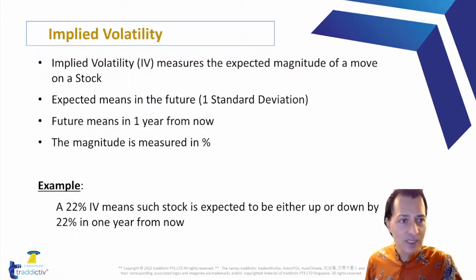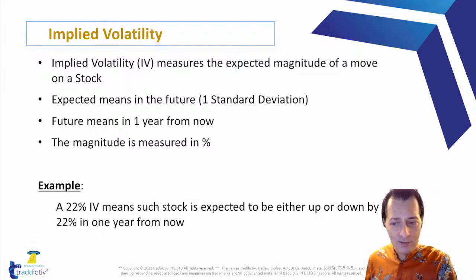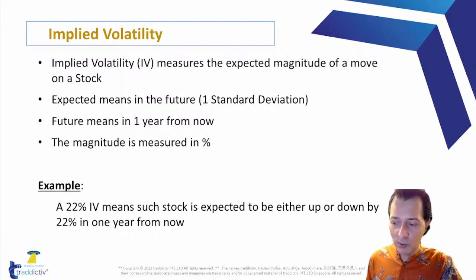Of course, then you can break it down. You can use those formulas and calculate what's the expected move in 1 day, what's the expected move in 1 week. So you can certainly then break it down. But the number 22% represents the expected move, either up or down, in 1 year from now, and it's a percentage. Okay, so again, I'm going to show you examples of that later on. And most importantly, I will explain to you where it's coming from, and even more importantly, how to use it,